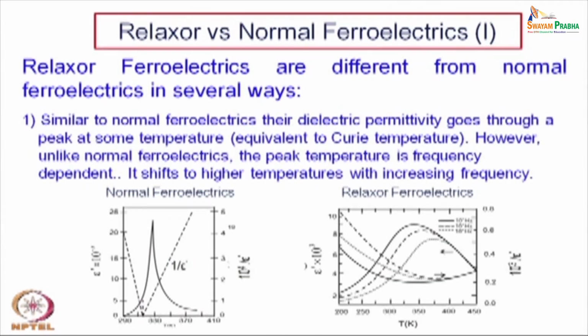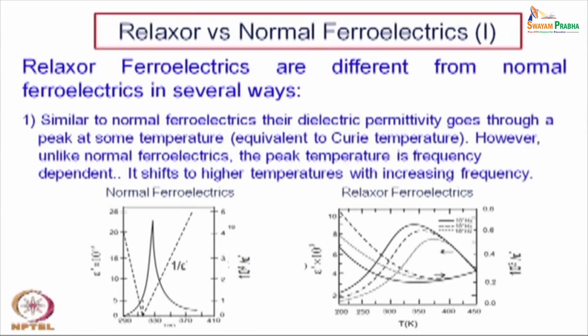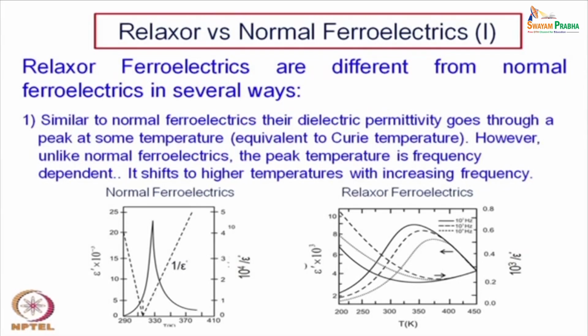Similar thing happens here also. At a certain temperature the dielectric constant goes through a peak when you plot it as a function of temperature, but unlike normal ferroelectrics, the peak temperature is frequency dependent. This was not the case with barium titanate. The Curie temperature or the peak temperature is